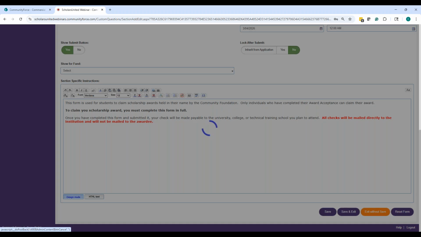So let me go ahead and exit without saving. You can see that's how that's built. And then of course, you just go in and add questions like you would normally for a regular section. And I guess it's going to decide to... give it a minute here. I just don't want it to run too long and have us idly waiting, because we do have some more things to cover here.